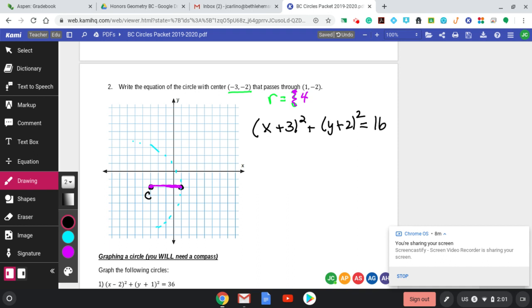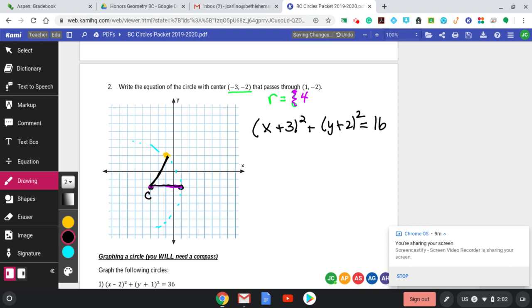Now, real quickly here, guys, that was convenient, wasn't it? That the radius was just the length I could count. What would happen if, let me change things up on you, the radius is up here now. Okay, and I needed to find the length of this radius instead. Can't count it, can you? So you would have one of two options. If you needed to find this length right here from C to the yellow point on the circle,